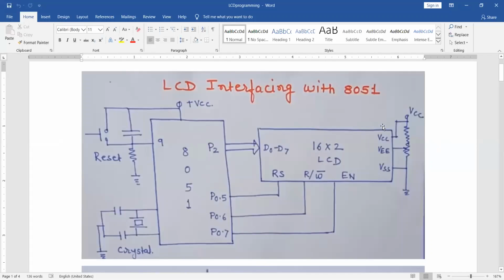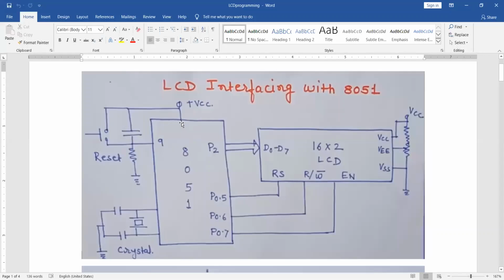This is for adjusting the brightness. This is for reset, and this is for frequency. Pin number 9 is used for reset. Which pin is used for frequency? Which pin is for VCC?